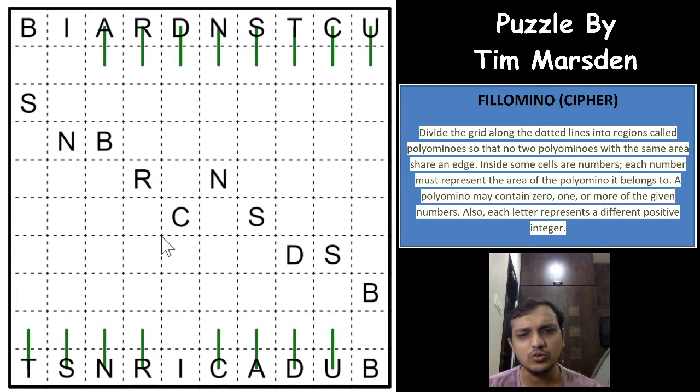So you have to usually look for such logics, because Cipher-Filomeno usually is a difficult genre, a variant of Filomeno. So you have to look out for such logics, as I have already said. If B is 1, then you can assume and solve the puzzle as B is already taken 1. But if B is not 1 and it is something greater than 1, the moment you extend that B, I becomes a 1, right? So such kind of logics are the most important thing. Now let's see if we can continue the puzzle more.